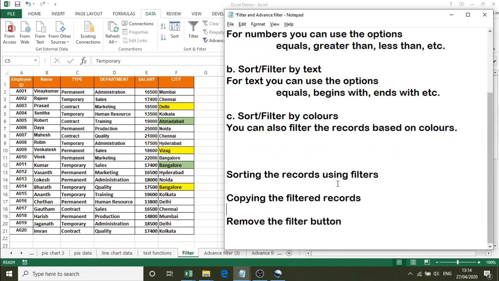And you can also sort the records using the filter button. Once the filter is done, you can also copy the record from the one location to another location, and you can get the extract of the data that are filtered. Finally, we know how to remove the filter button. That is a toggle button. Once if you click, it is on, and once again if you click, it is off.